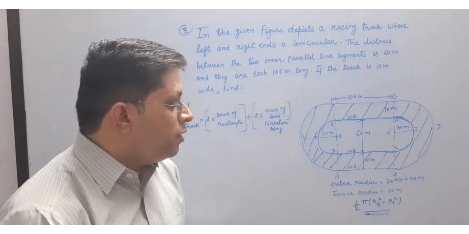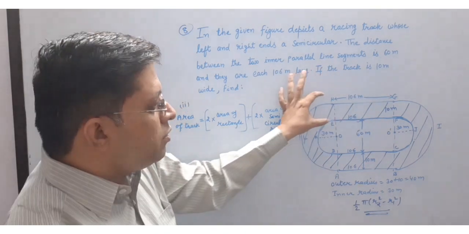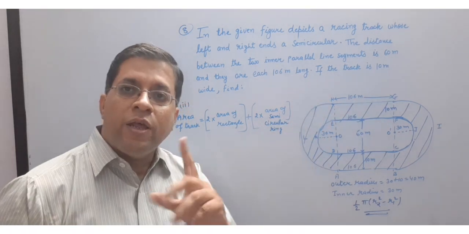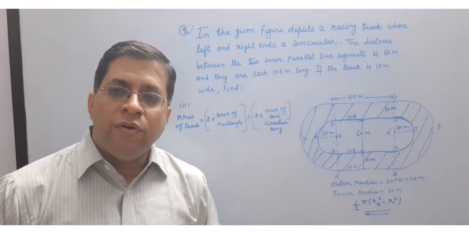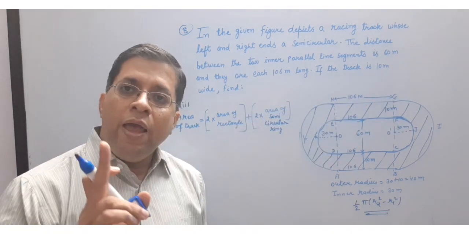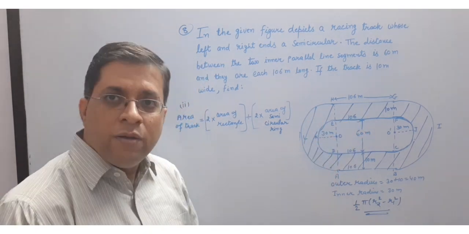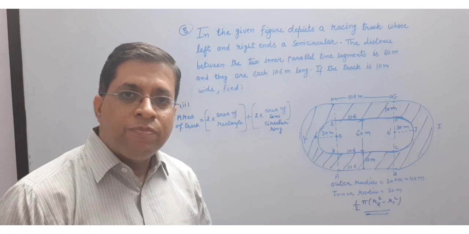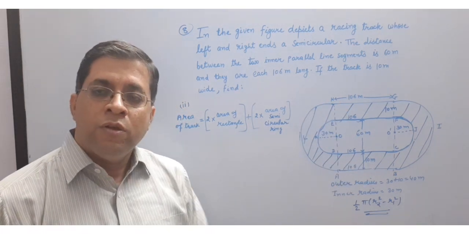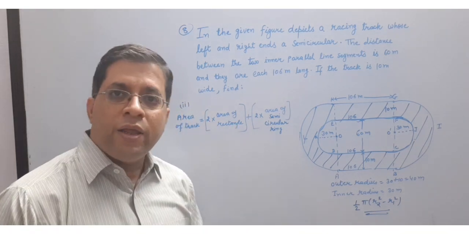Now come on, how to get it? See, if I draw this like so, 106, just like this part, I can say EFGH is a type of rectangle. Length is given, 106 meter. Breadth is given, 10 meter. So L and B are available, so easily you can get the area of this. One rectangle is here and another same rectangle we have. So total we have 2 rectangles, so 2 into area of rectangle.